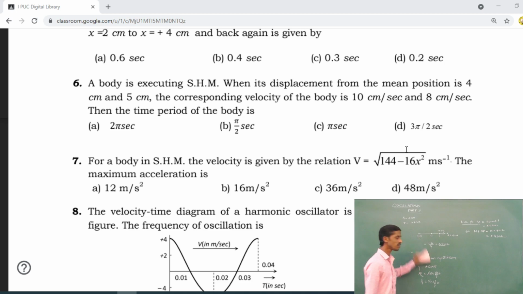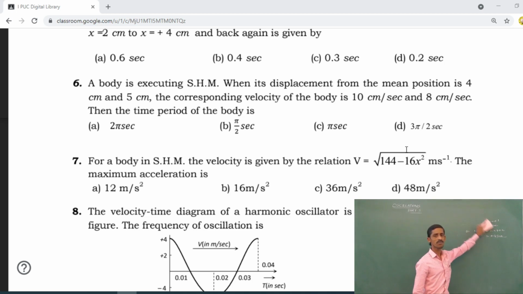A particle is in SHM. When the displacement from the mean is 4 centimeter and 5 centimeter, the corresponding velocity of the body is 10 centimeter per second and 8 centimeter per second. Then the time period of the body is